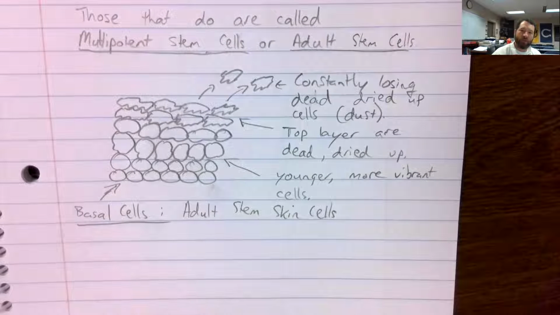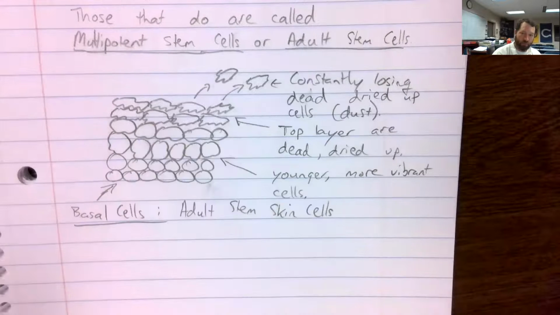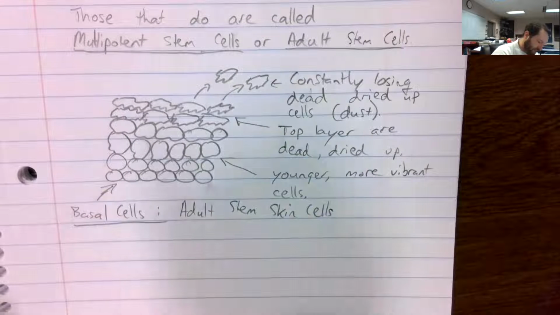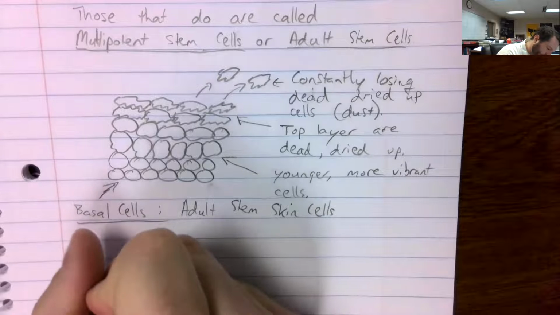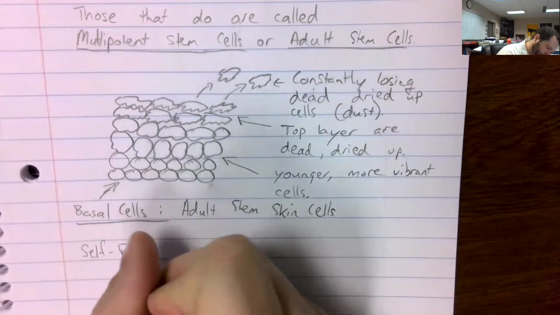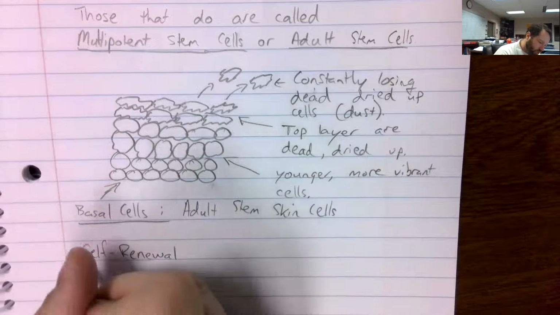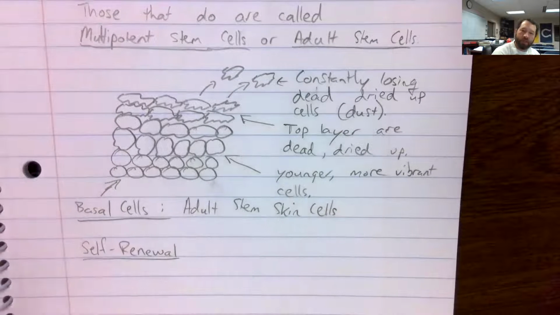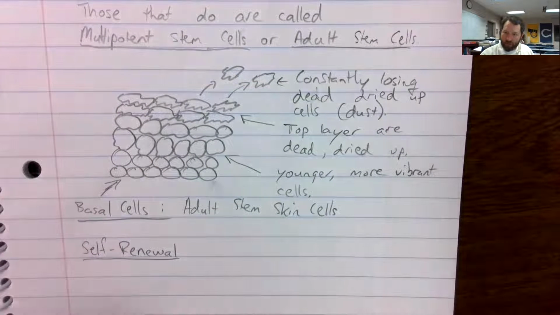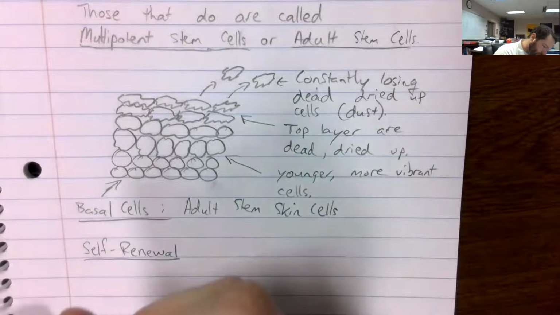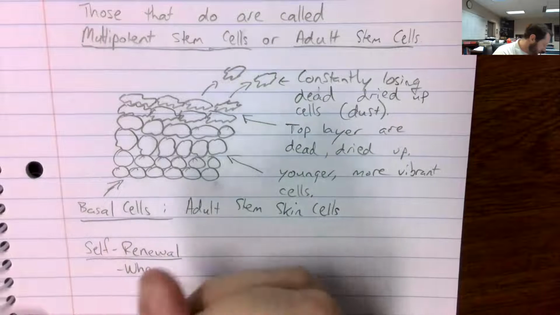These are the ones that are going through cell division, not these guys up here. In fact, this is a really cool process. If you think about it, when a cell goes through cell division, it creates two new daughter cells, right? Two daughter cells. Well, most of the time,